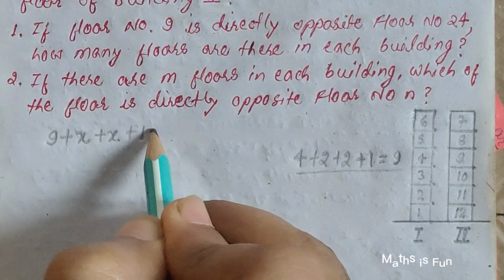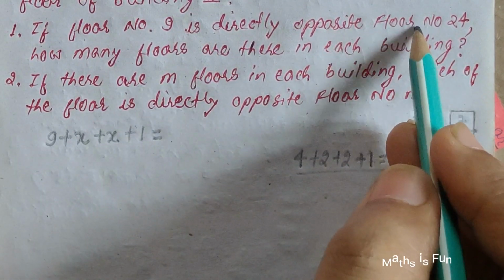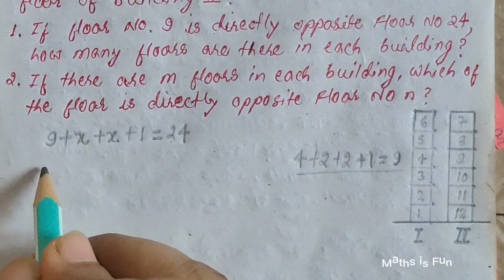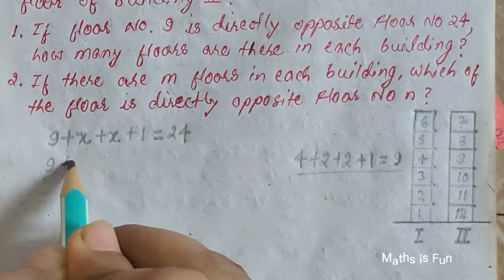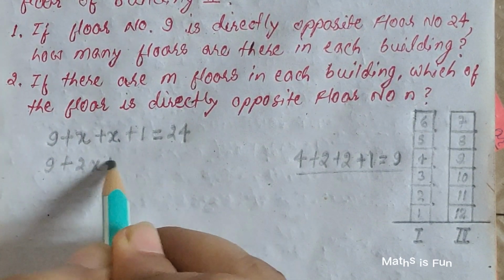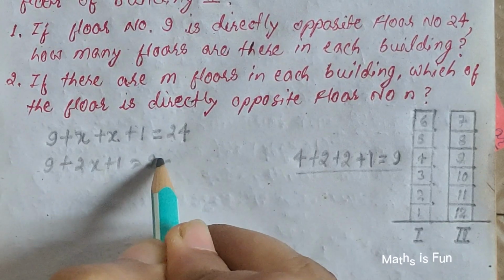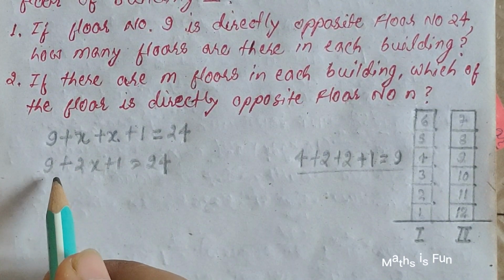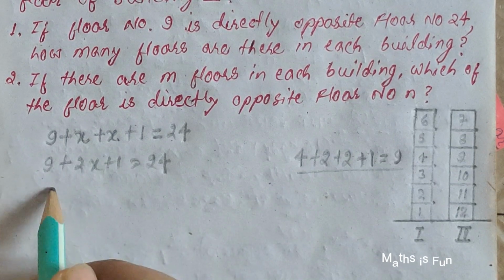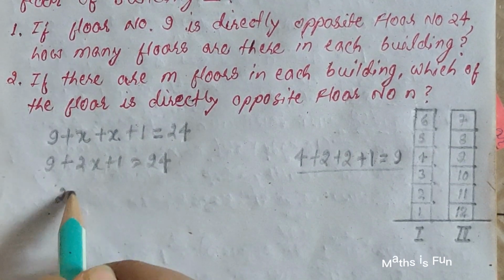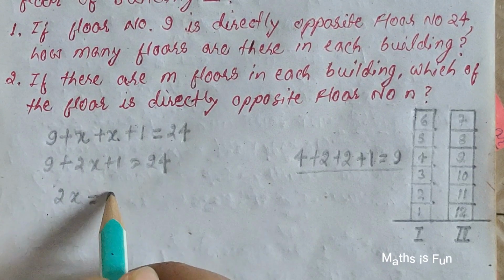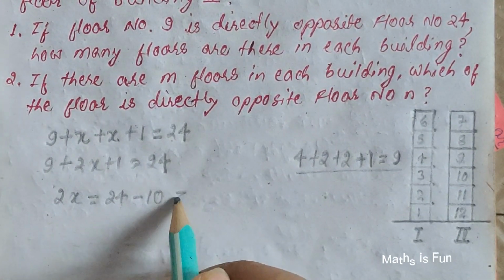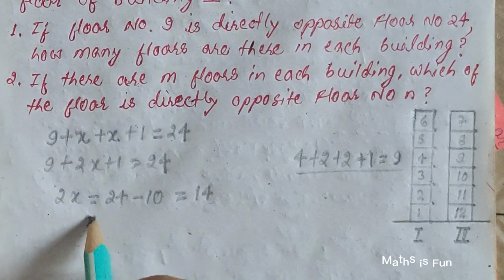So that will be equal to floor number 24. Let's solve it. So it will be 9 plus x plus x plus 1 equals 24, that is 9 plus 2x plus 1 equals 24. So 9 and 1 is 10. So 2x equals 24 minus 10, that will be equal to 14. So x will be equal to